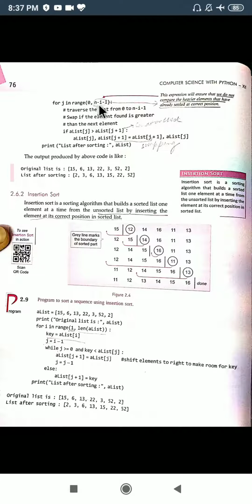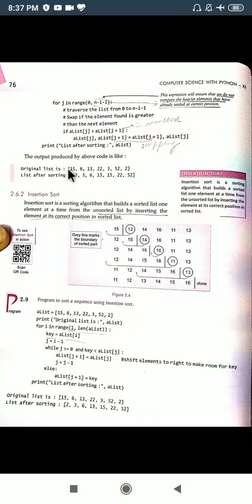And it will go to n minus i minus 1, where n is 7 and i refers to the first pass. Okay, I'll be explaining it again with an example. So we need to interchange. How to interchange? Let us say j is this, j is 0 here, and j plus 1 is this.